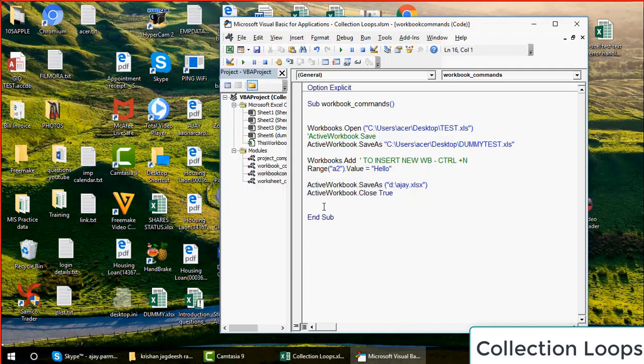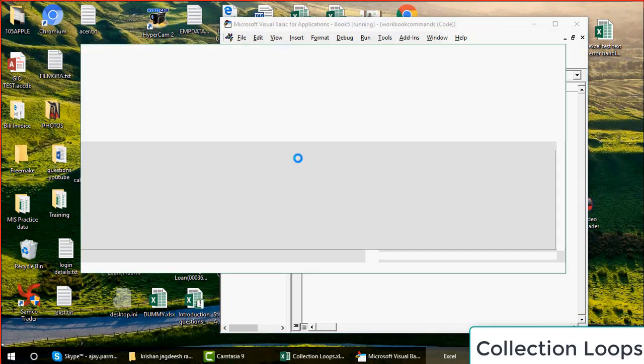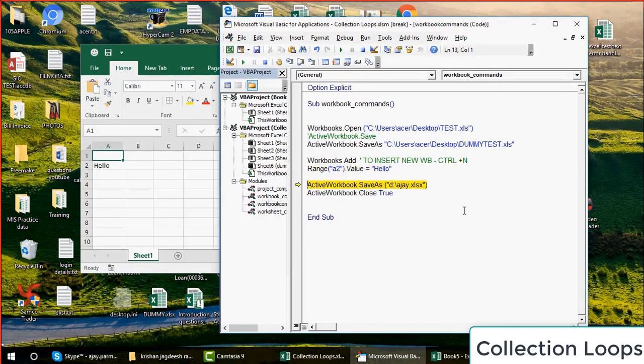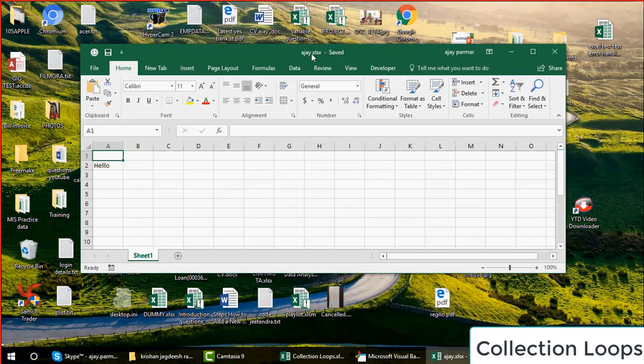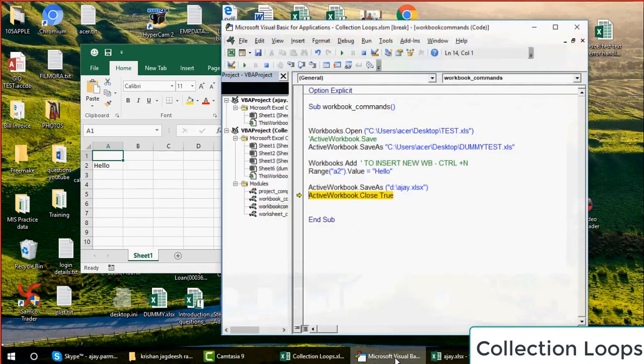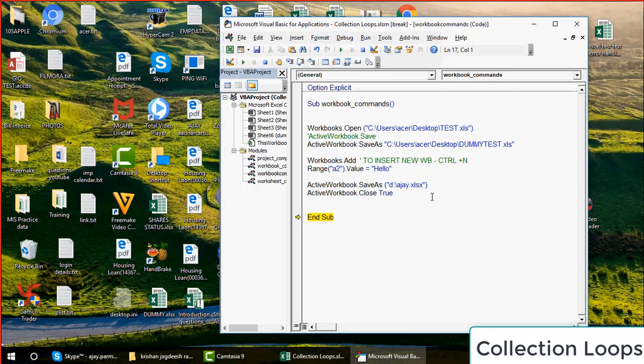Step by step. So when I run this, workbook is added, you have hello printed. We are going to save this file. You see that the file must have been saved. The name of the file is coming, so it is saved now. I go here and I close this. No prompt coming.